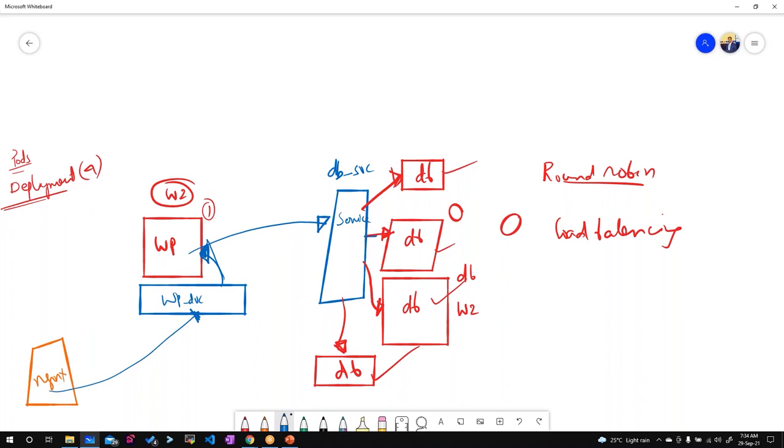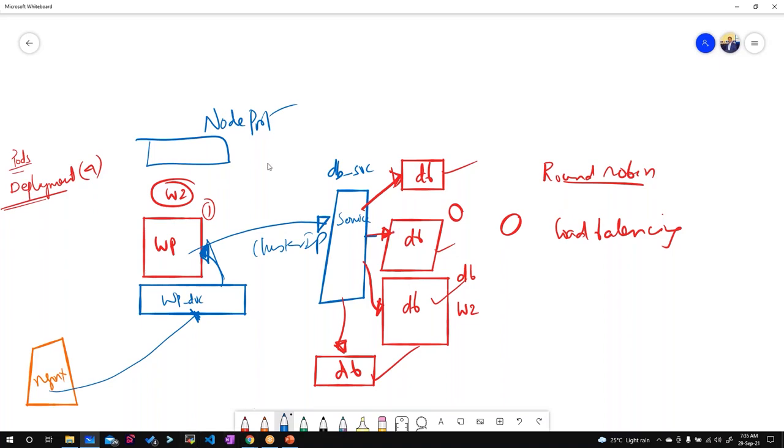Okay, so now there are two types of services. One is the internal service, where communication happens internal to the cluster. But there is also an external service, for when I want to access this WordPress site from the outside, from the browser. I have to create a service for that also. This is known as a NodePort service. We'll come back to it. The internal services are called ClusterIP services. So this is about services.